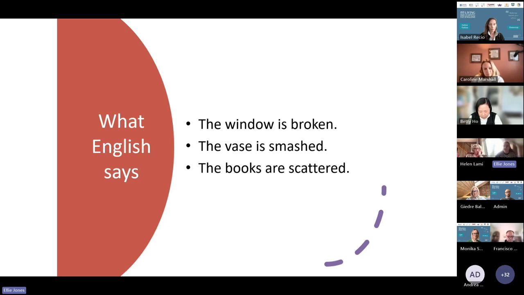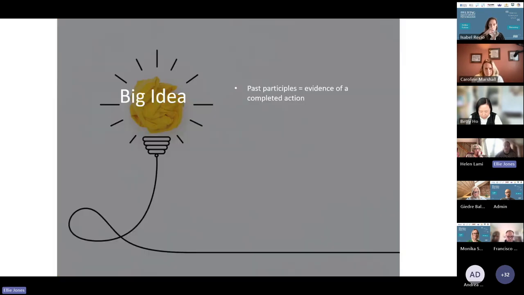And that's where past participles come in handy. It's why we say, I finished my homework or I walked the dog. We're looking at a completed action, the results of that completed action. That's what we're interested in, the results that we can see now. Past participles appear when we care about that result, not the action that caused it.